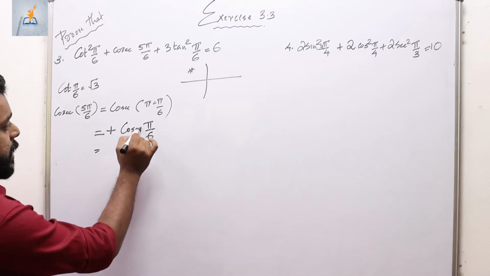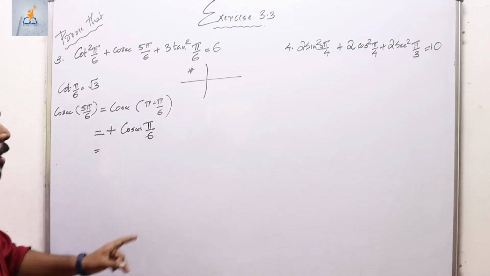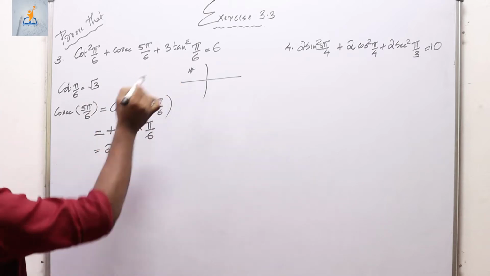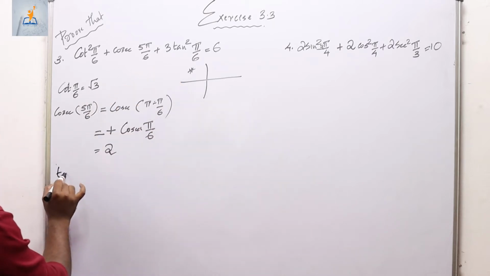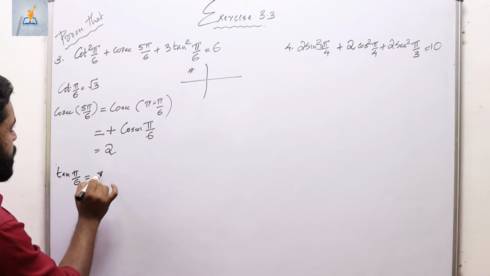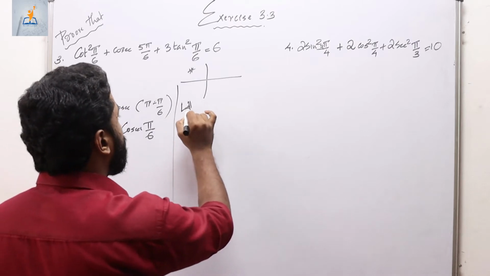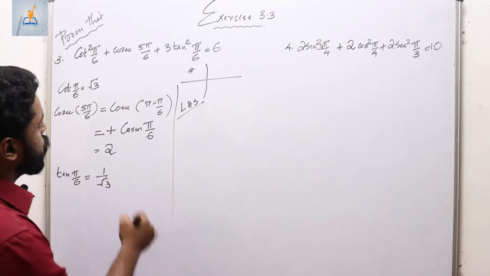Now cosec pi by 6, since sine pi by 6 is equal to 1 by 2, cosec pi by 6 will be 2, isn't it? Now next one required is tan pi by 6, and as I have said, tan pi by 6 is nothing but 1 by root 3. Now we shall substitute all these values to LHS, left hand side, so that the